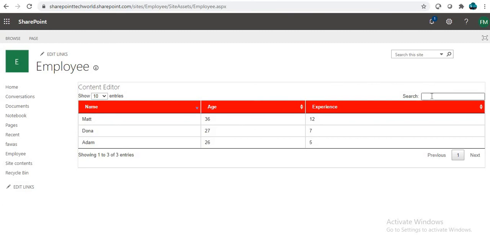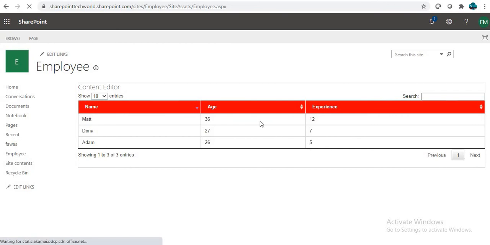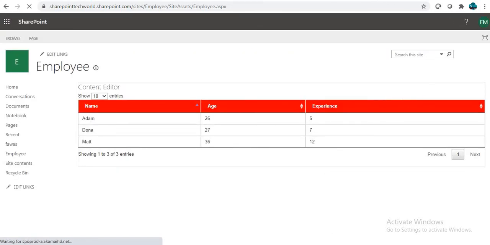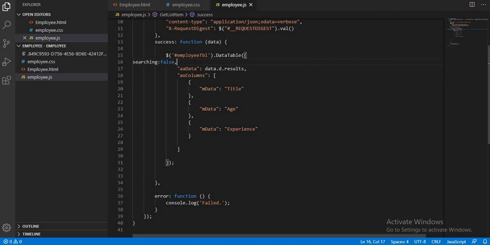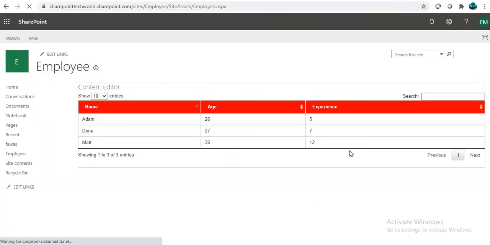We can also hide this search and this pagination; those options are also available. Suppose you want to hide the searching option, just put searching and give it false. Once you put false in searching and save, and reload this page, you can see the search is no longer available. In the same way, if you remove this, the searching is available. So we have plenty of options in jQuery data table. It is very useful when we develop bigger, complex tables, filtering, etc.